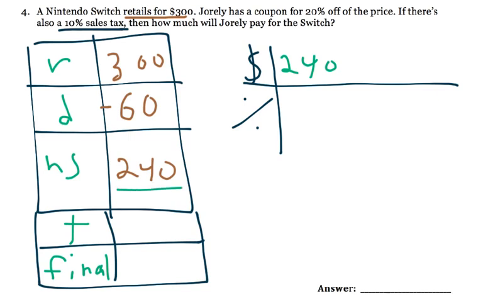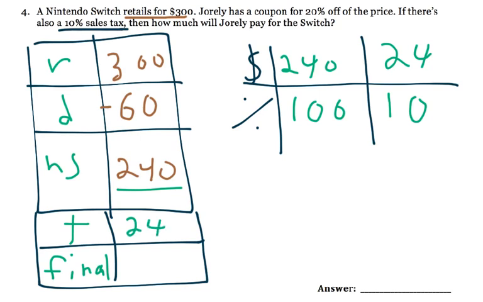So this will be 100%. Now to get to 10%, we just divide 100 by 10, and we do the same thing on top to get 240 divided by 10 equals 24. So the tax will be $24. And finally, to get the final sales price, which I just wrote final here for, we add 24 to 240, and we wind up with